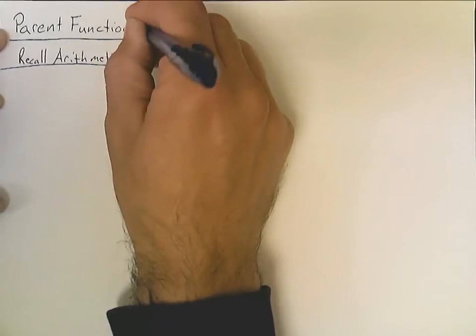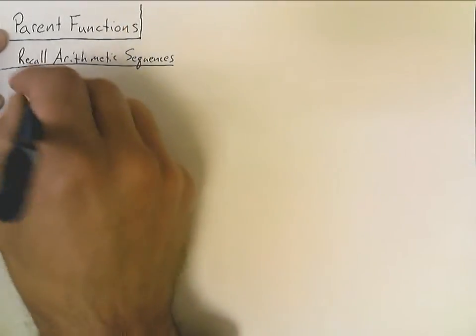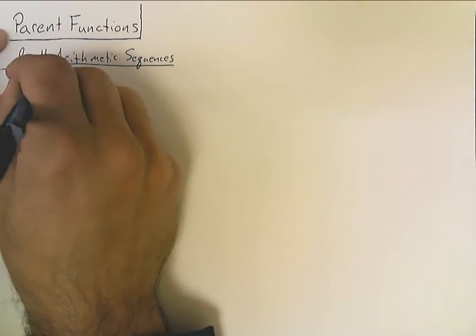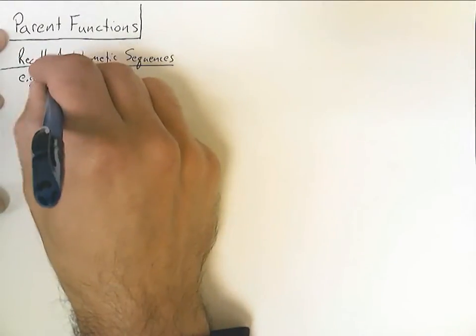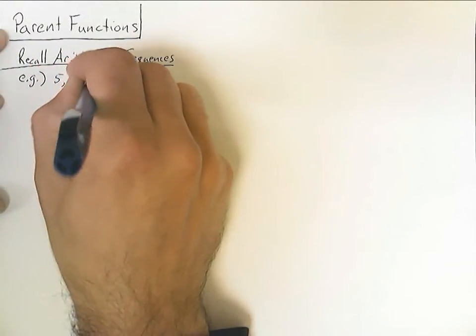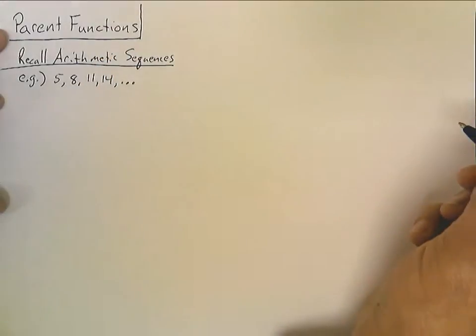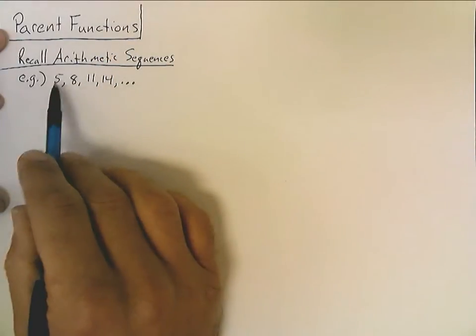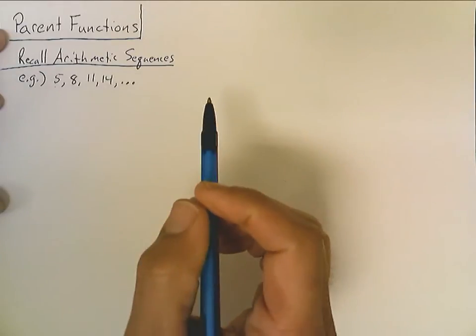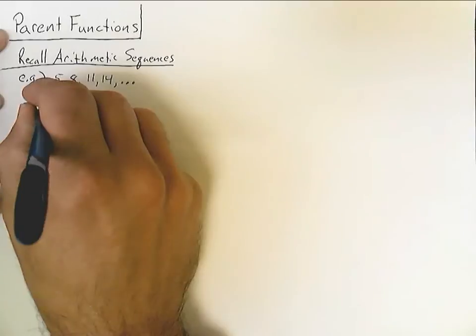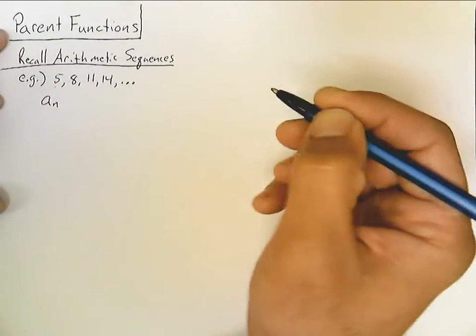First, let's just look at a little example here. Let's try this one: 5, 8, 11, 14, and so on and so forth. So we're starting with 5 and we're adding on 3 each time. And we won't go through the whole thing, but hopefully you have developed enough understanding by now that you know